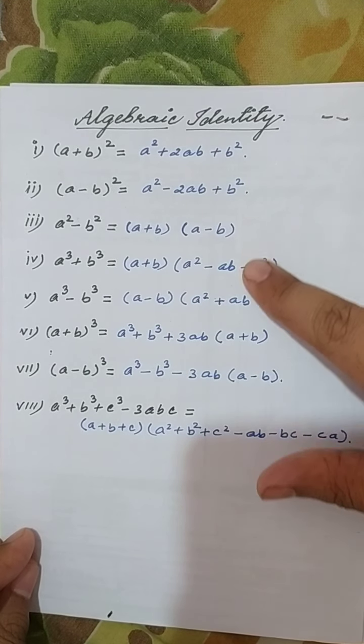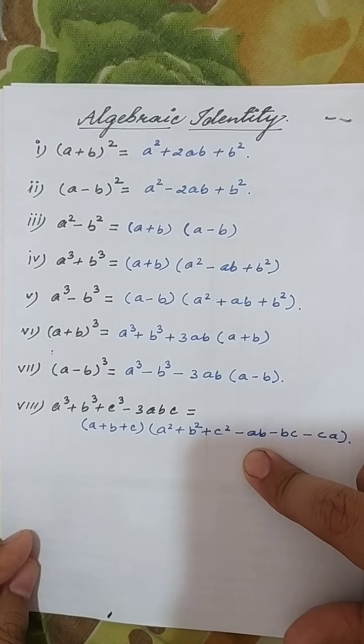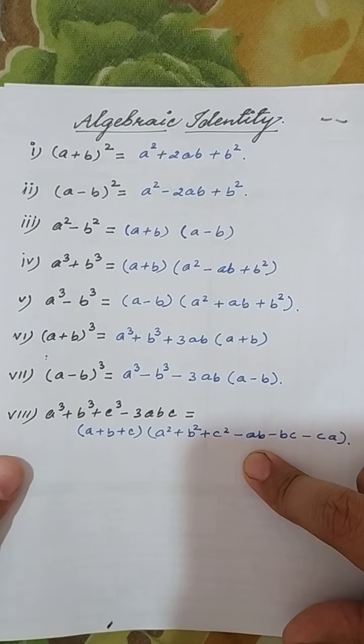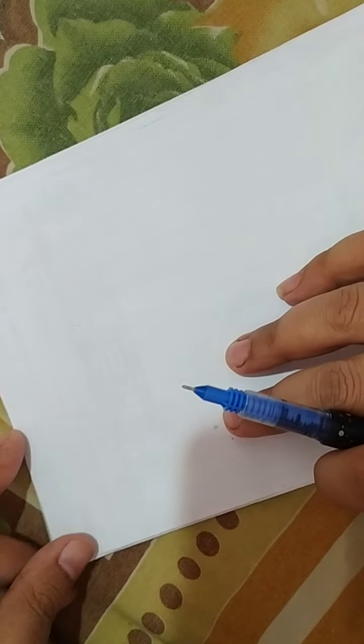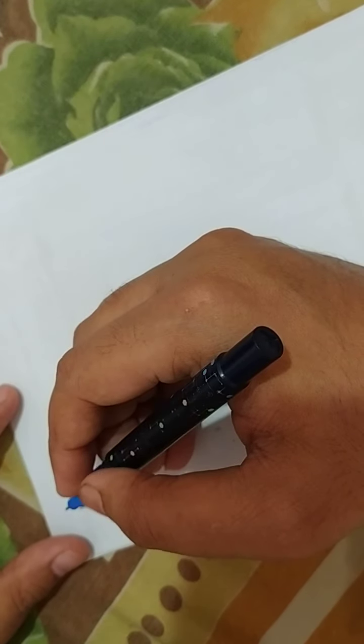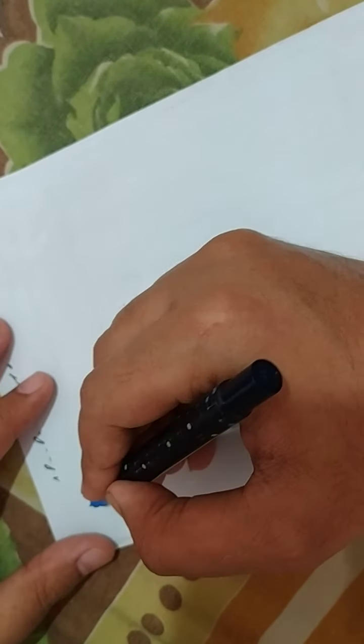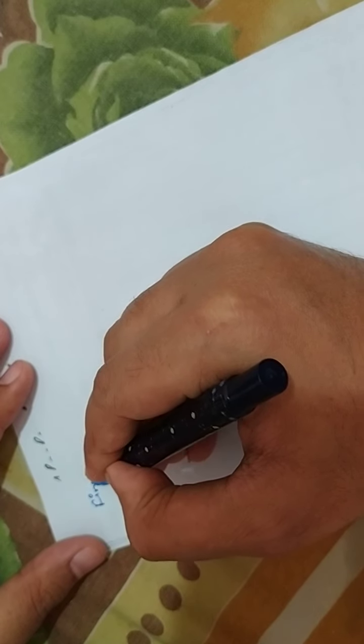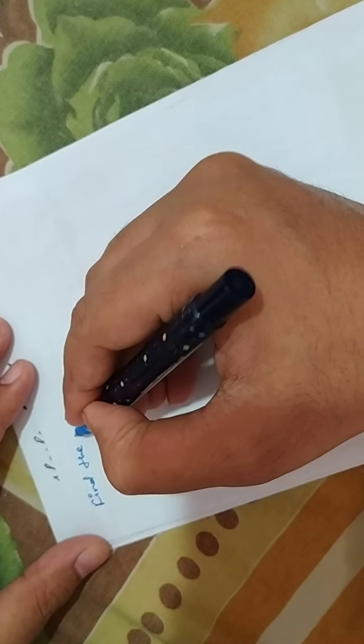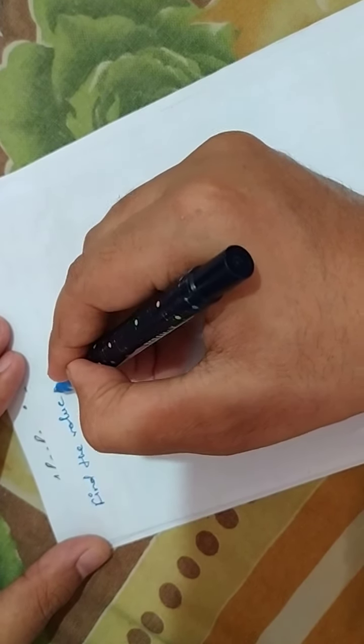On the basis of these identities, we'll solve the questions. Suppose the first one we're going to solve. Suppose given, find the value of